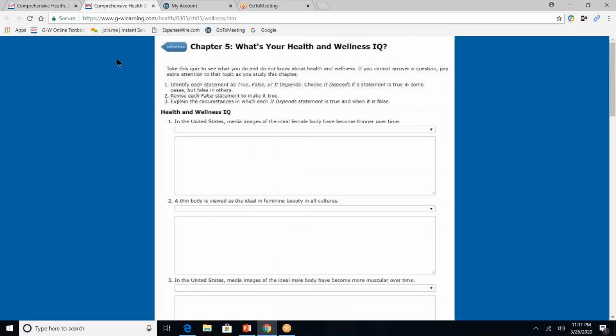If you do like using Google Classroom, you'll be happy to know that if I copy and paste this, I can go to Google Classroom, add an assignment, and add it as a link. Students could go directly to Google Classroom as long as they're signed into our textbook. They can click on the link in Google Classroom, and it would take them directly to this assessment.